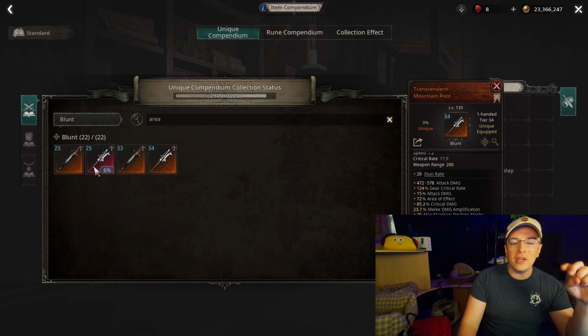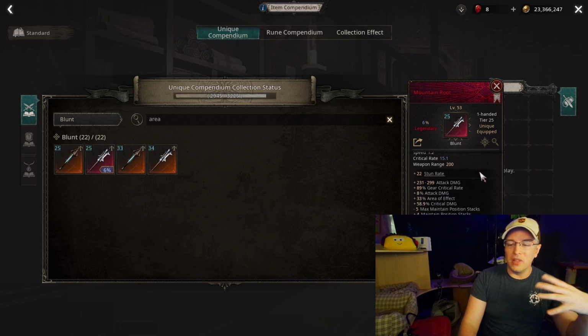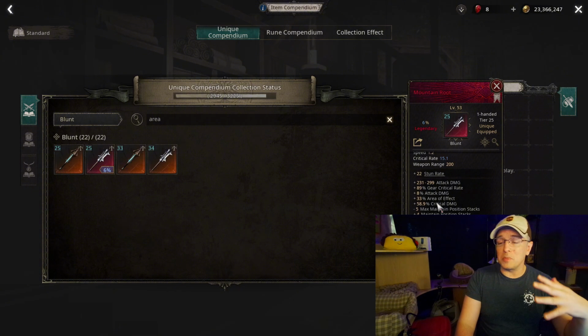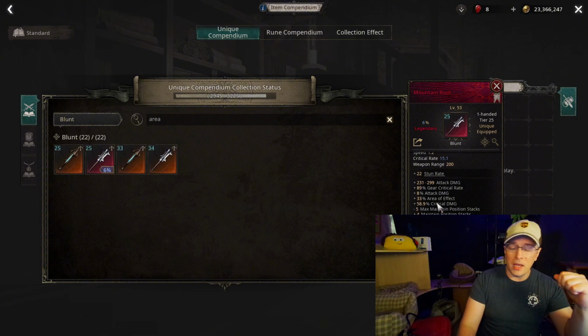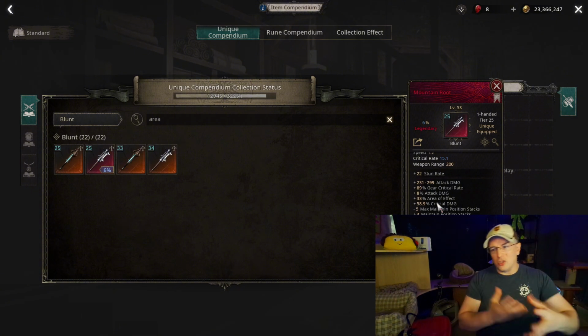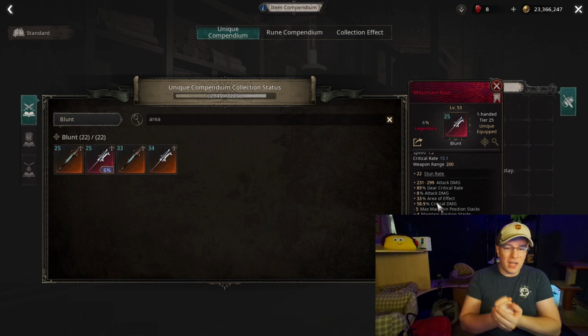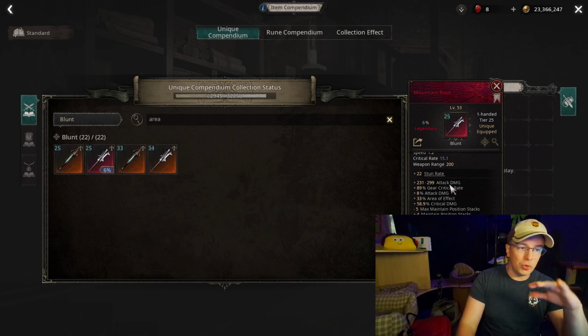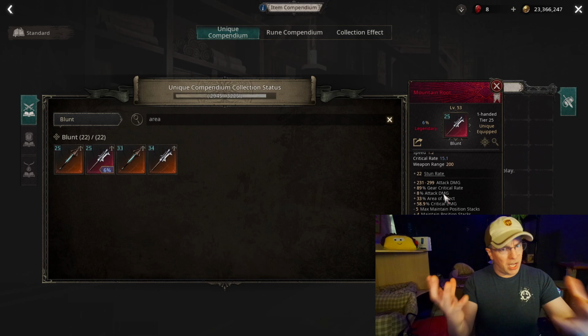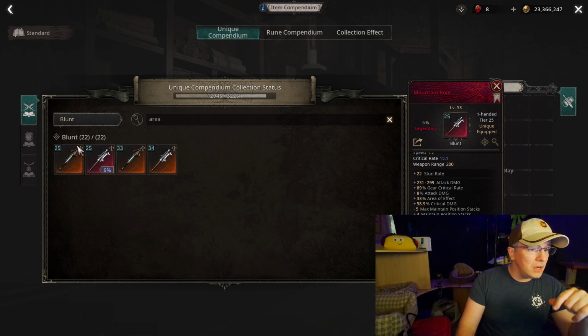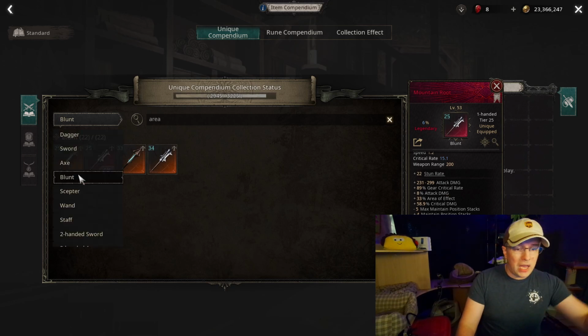Super good. Now, there is the Mountain Root, the less powerful version, which is, again, very good, especially if you're starting out playing and trying to use a two-hand or a one-handed blunt and want to get some area of effect. Next is the two-handed sword,